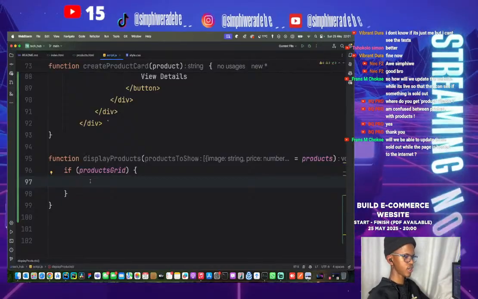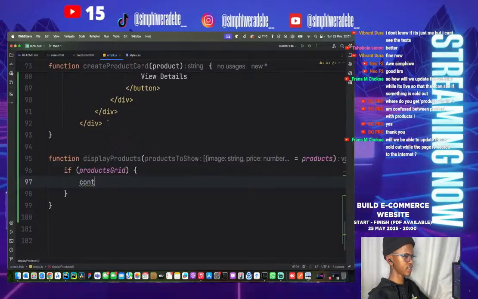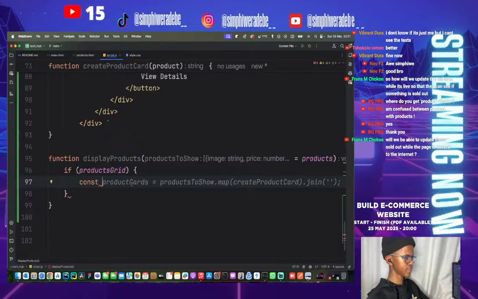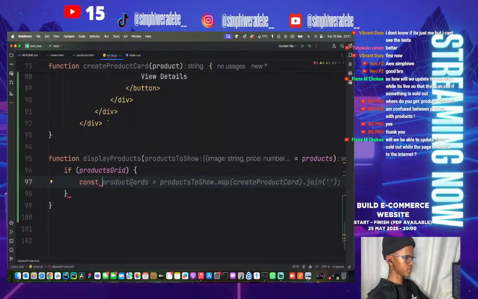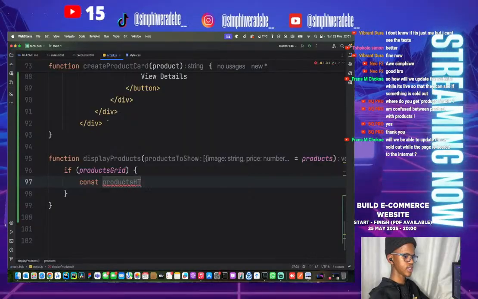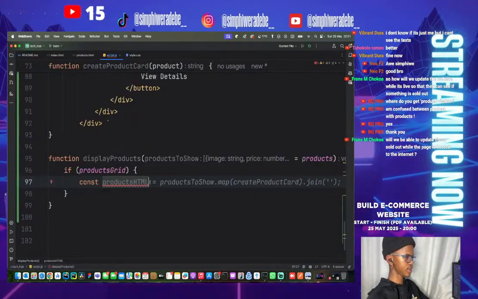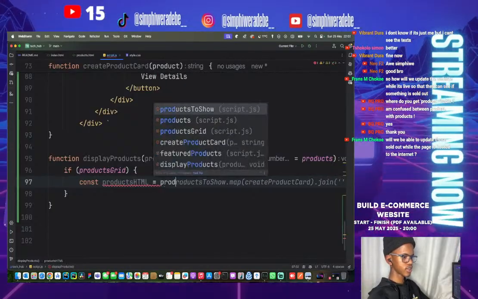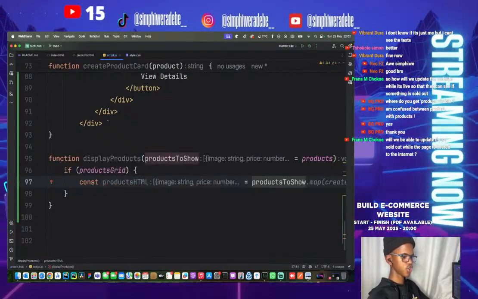We just want to use it here. So make it a const so that it's unchangeable, right? So we'll have a const of products HTML. Products HTML, right? So this is equal to products to show dot map,